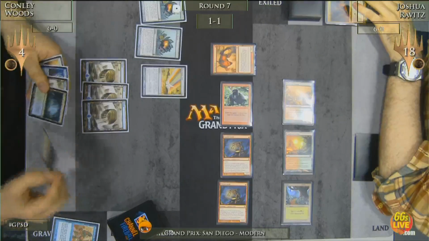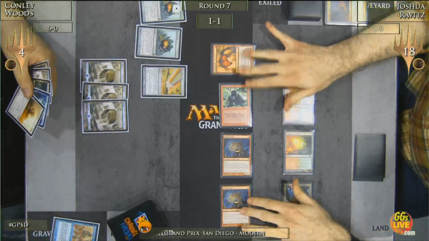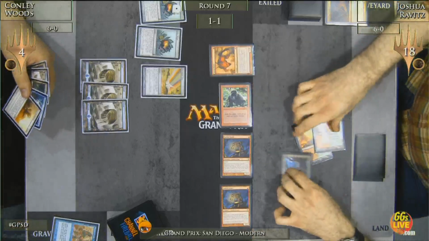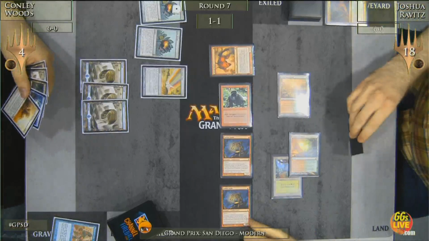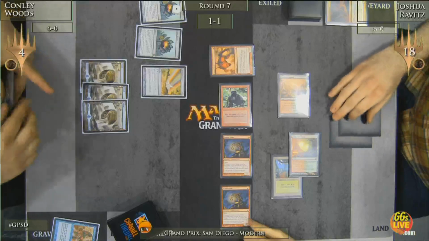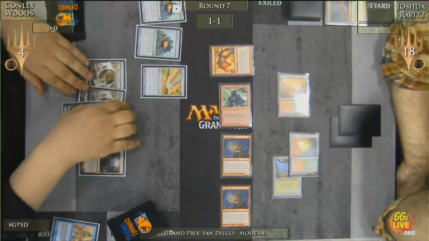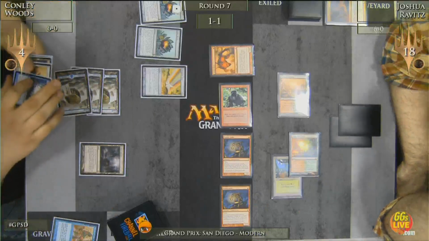put a ton of pressure on Conley, and Conley has had a pretty smooth game here considering the fact that he's only getting 6. He has his Lotus Bloom that just came off of suspend. It's in play. He's got another one that's suspended that's not going to be relevant this game. And he's got a Chromatic Star in hand. Now he does have Second Sunrise in hand,